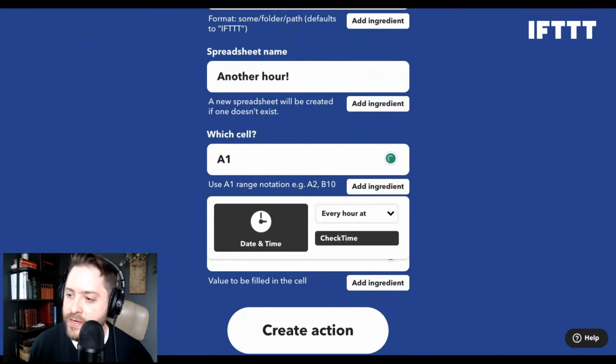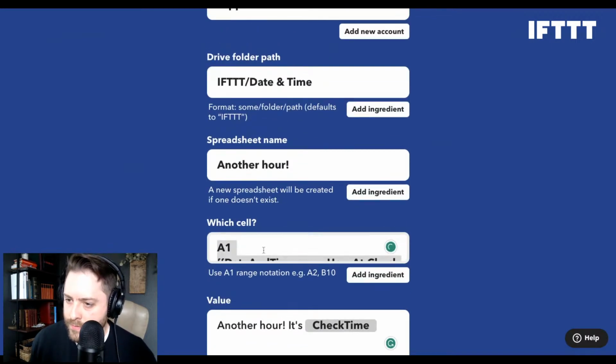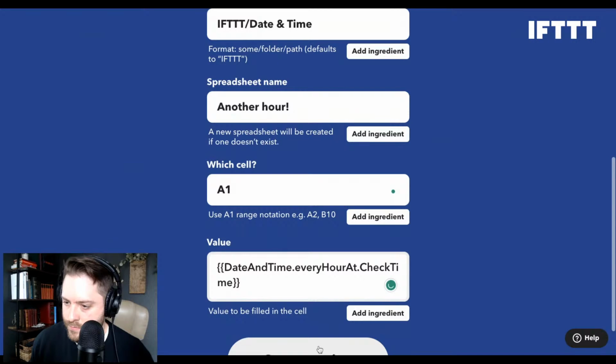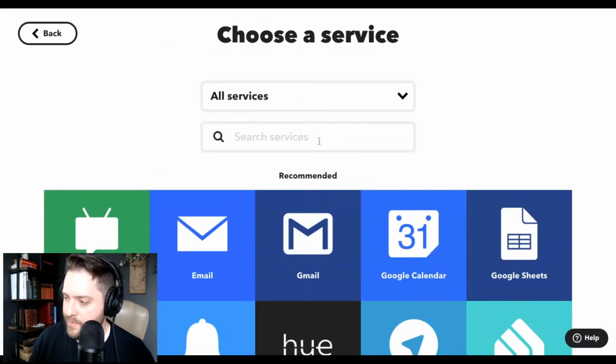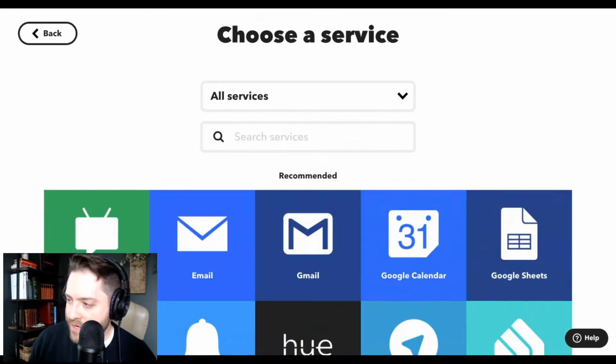So we're going to update the A1, which is going to be our first value, with every hour at. So I'm going to copy this. And the value is going to be, boom. And then we'll update another cell. Is this making sense, Walter?